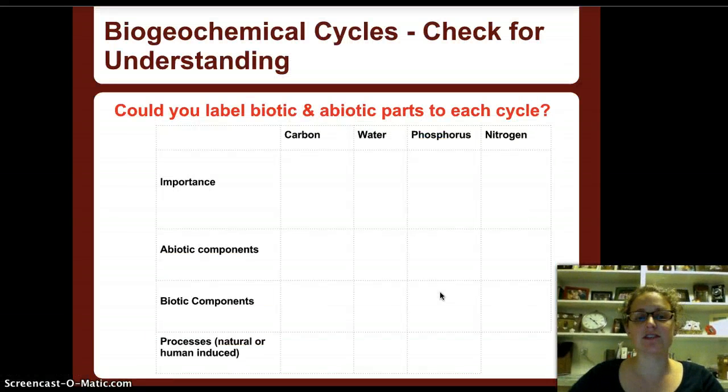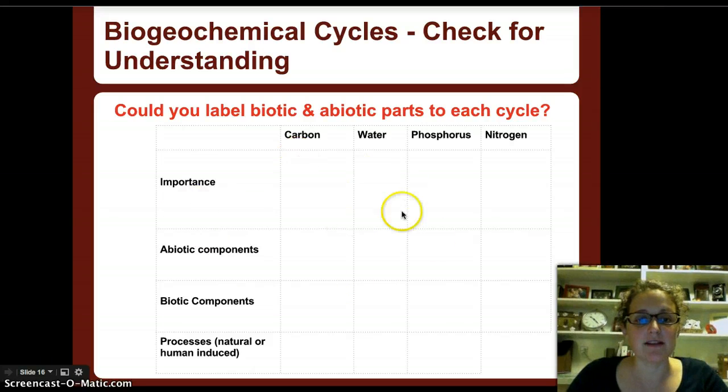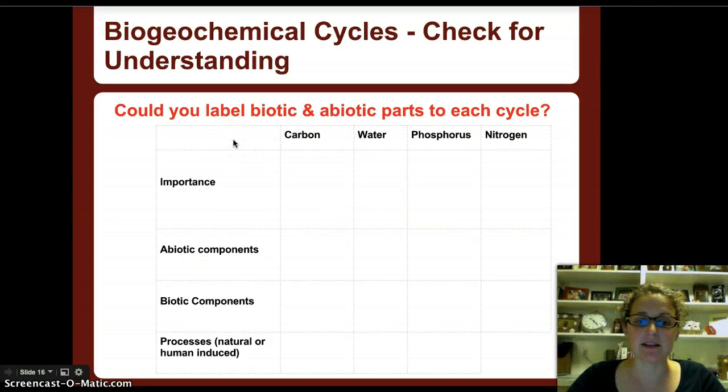If you think you understand the four biogeochemical cycles that we've talked about today, a really quick check for your understanding would be to be able to fill out this table here. For each of the four cycles, you should be able to tell a little bit about the importance to both the ecosystem and especially the biotic, or living, parts of the ecosystem, identify a few of those, and then tell me one way that humans are changing this cycle